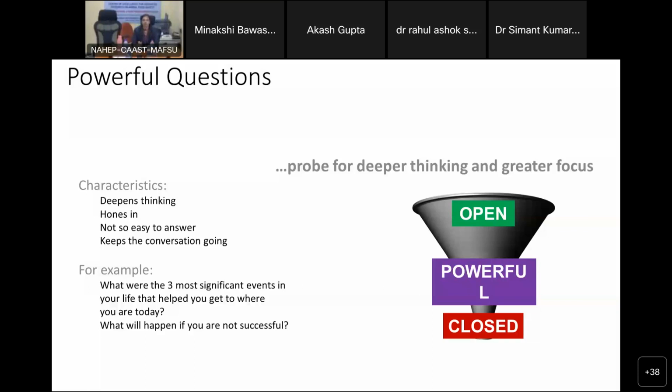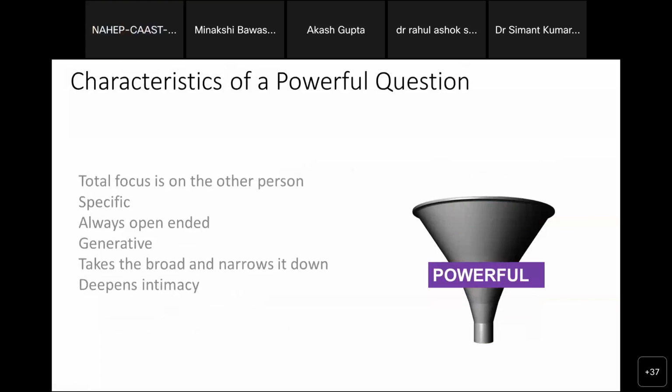And don't make your questionnaire such that people will not be able to answer it. Even if you want those kinds of information, try to put it in such a language that the person who's reading it should be able to give you the information. Otherwise, you will have a half-filled research questionnaire, and then that is of no use.